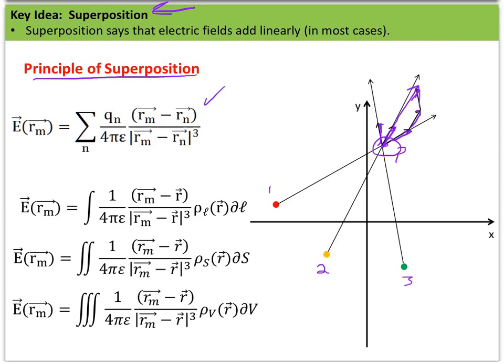The general idea here is that we can sum up discrete charges to get the overall electric field, or if you have something more like a distribution of charges, very, very tiny chunks of charge, we can sum up a line of the charges, all the charges over a surface, or all the charges over a volume to get the overall electric field. And this leads us to do some sort of integrals that can get nasty for a lot of problems because we have basically quantities with vectors in both the numerator and the denominator. But in many cases, for standard objects, these problems are solved and you just look up the answer. The idea? Superposition means we can sum up electric fields from multiple charges to give us the overall electric field